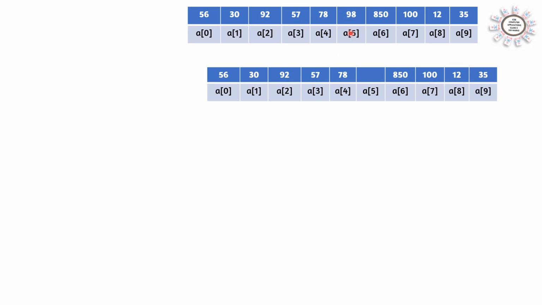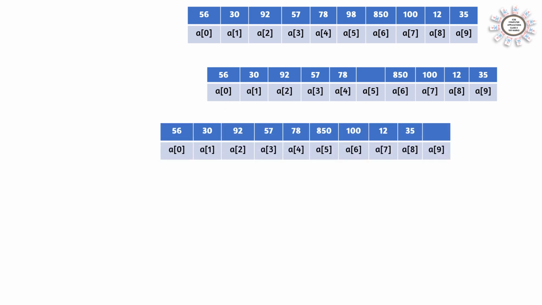When we reach A5, the number in the example, that means 98 we have taken as example, both the numbers are same. So this element will be deleted and the other elements will be present. And while printing, we will print all elements except that number. So what logic here we can use?